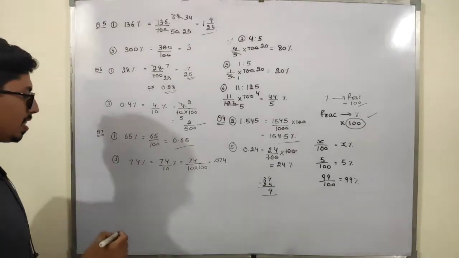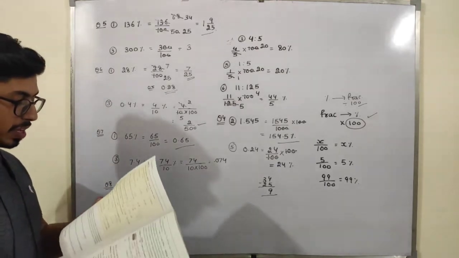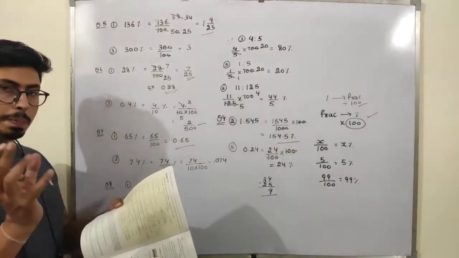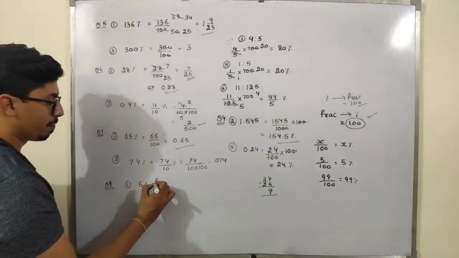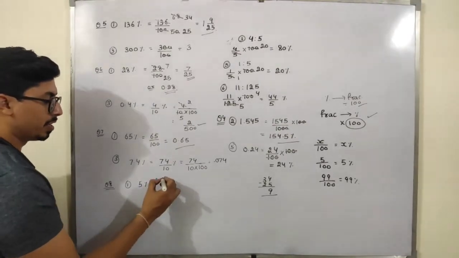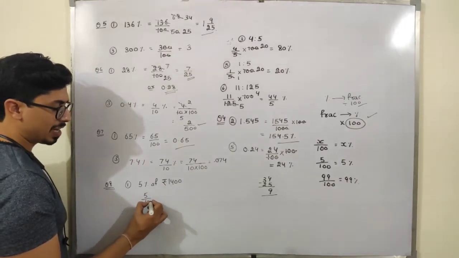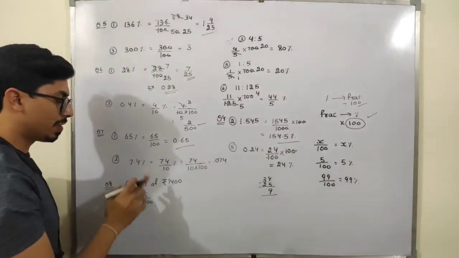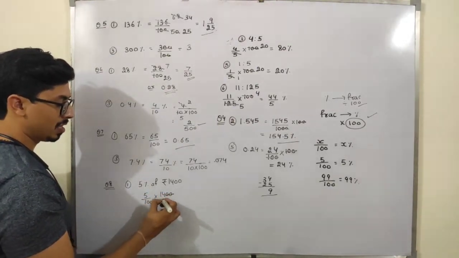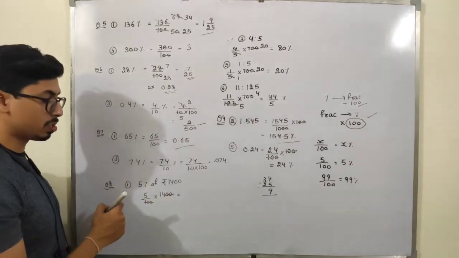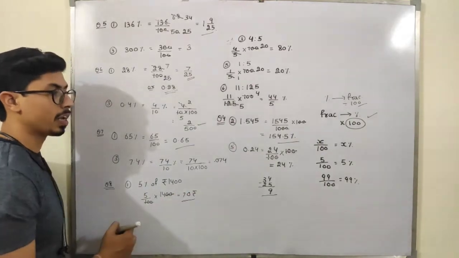Similarly, now in question number 8, students, what do we have to do? I have to find out the percentage value of some numbers. Like first, if I take 5% of how much? Rupees 1400. If I have to solve this, see 5% means 5 upon 100. 5% means 5 upon 100, of means multiplication, and 1400 as it is. If I just cancel them out, okay, this is my required answer. So just multiply them. 4 5s are 20, 2, and this will be 70. So 70 rupees is my required answer.